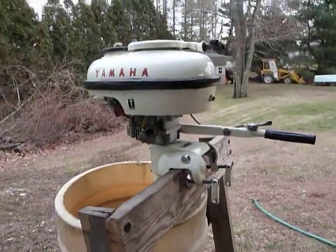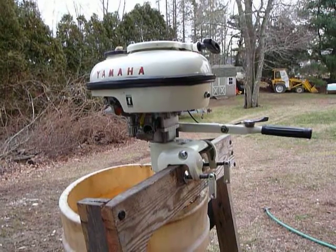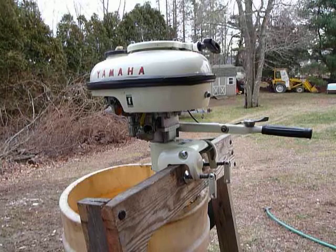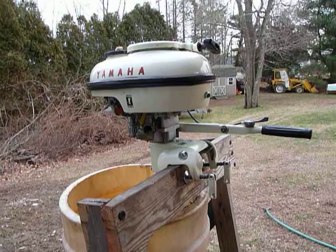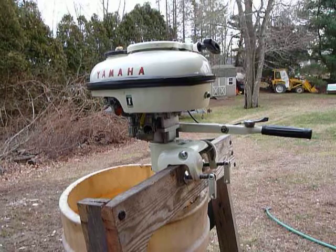As I said, Yamaha started selling outboards in the USA in 1967 and 68. And there's actually a Popular Science July 1968 that said something to the effect of Japan is selling outboards in the United States. From that article, I was able to glean that this motor is 3.5 horsepower at 4,500 RPMs, and it's 3.84 cubic inches, so it's pretty darn similar to the Elgin. In 1968, it had a retail price of